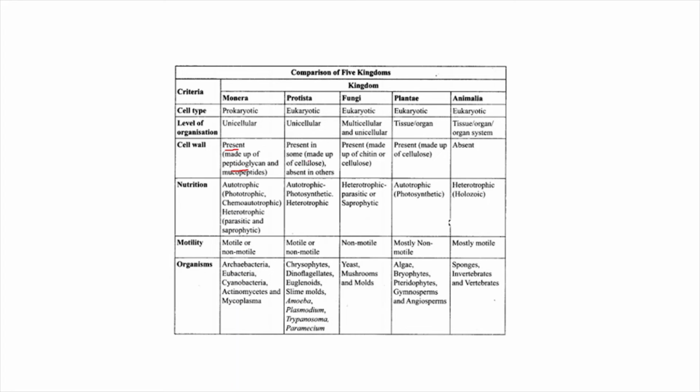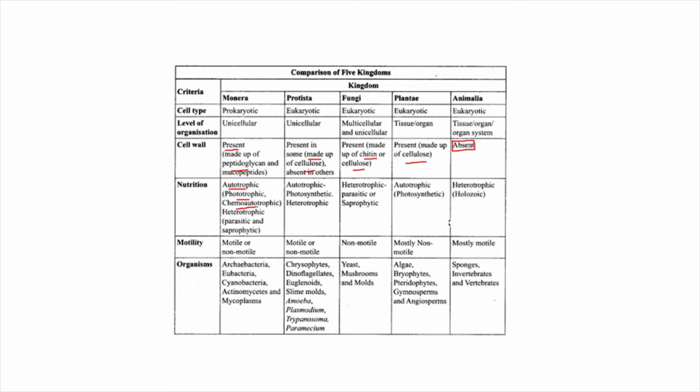In case of Protista, the cell wall is made up of cellulose only, and in case of fungi, the cell wall is made up of chitin or cellulose. In case of Plantae, the cell wall is made up of only cellulose, and in case of Animalia, the cell wall is absent. Now in case of nutrition, kingdom Monera has autotrophic organisms within it, which may be phototrophic or